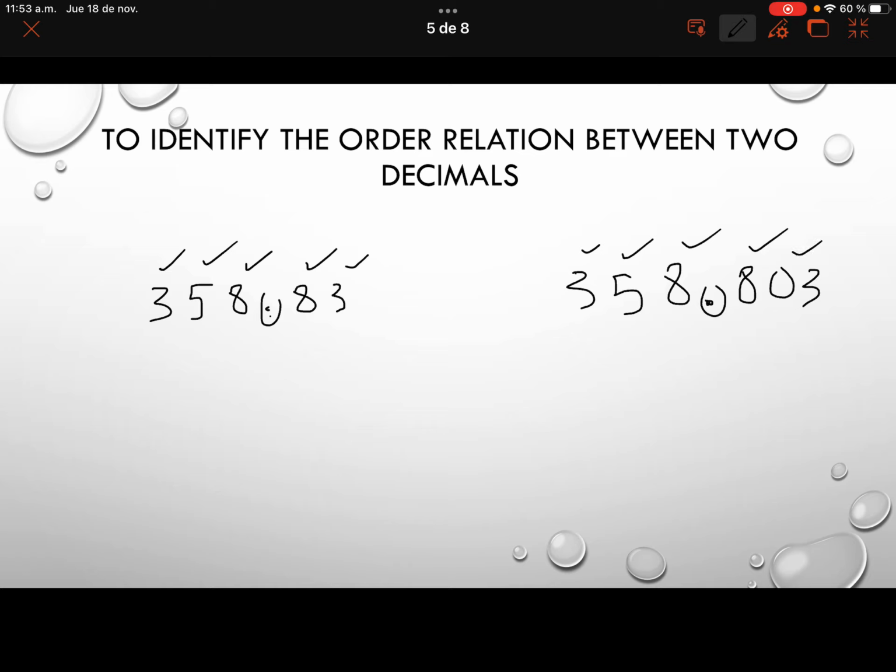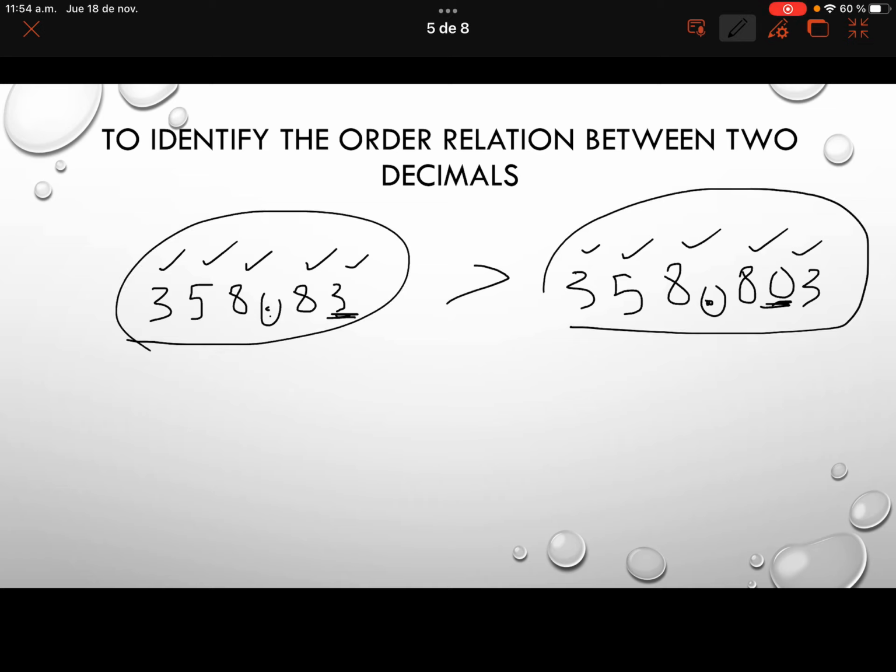That position is for hundredths. Now we can know that 3 is greater than 0 in that position. That's why this number is greater than this number over here. Okay, then to establish order relation, compare number by number. When you find the difference, which number is greater, then that number is greater. Okay, now